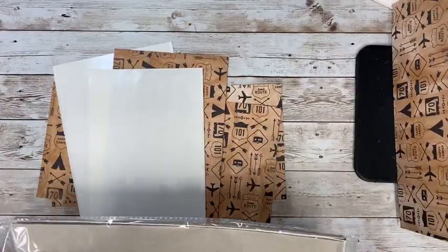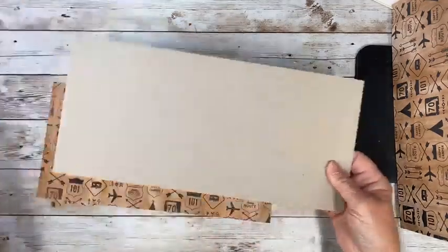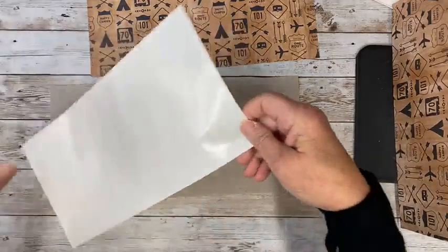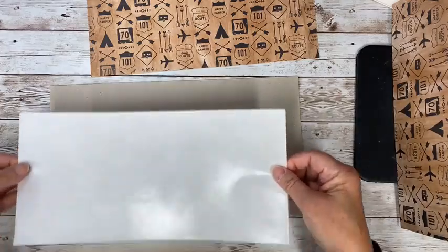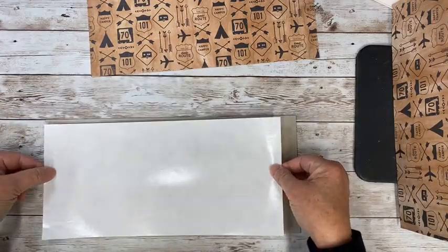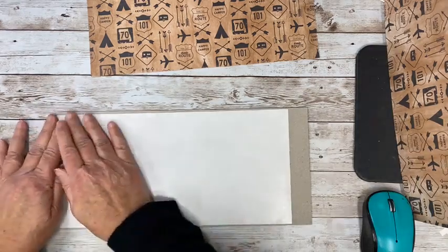And I'm going to just put that on there. I'm going to use my adhesive sheets. So I'm just going to take this, cover it, and I just line it up and put one side down, hoping that...